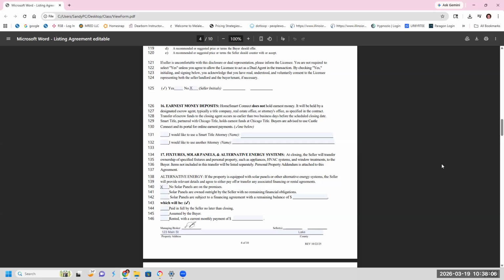You must have your file totally approved if you're going to use Smart Title. You have to have your commission statement turned in and approved at least 10 days in advance. There's, I believe, a document that you have to sign guaranteeing that you're going to follow the rules with Smart Title. And if all these things don't fall into place, you're not going to be paid at the closing table anyway.